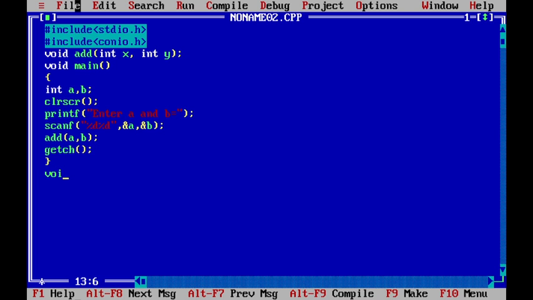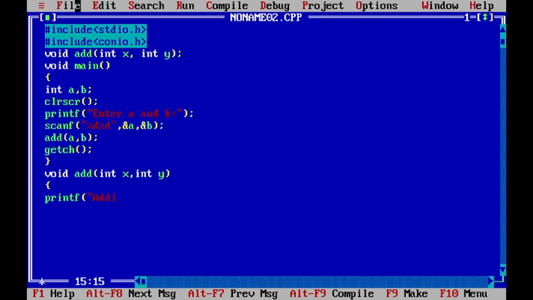Now define the user defined function, void add, int x, int y, and next the printf: addition is equal to %d, x plus y.